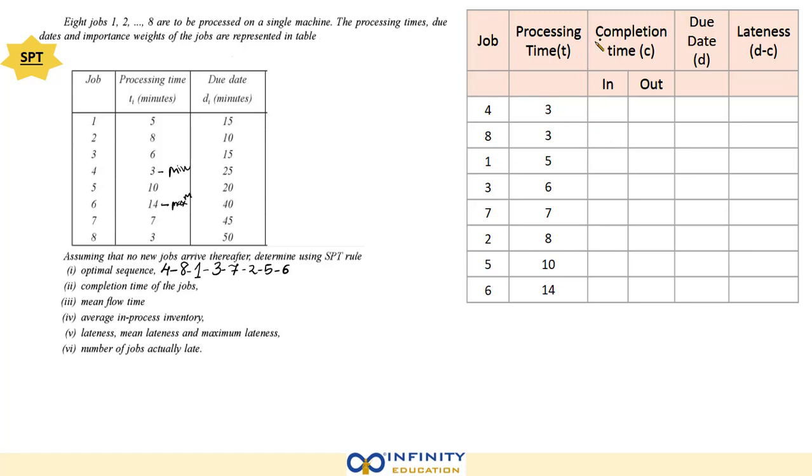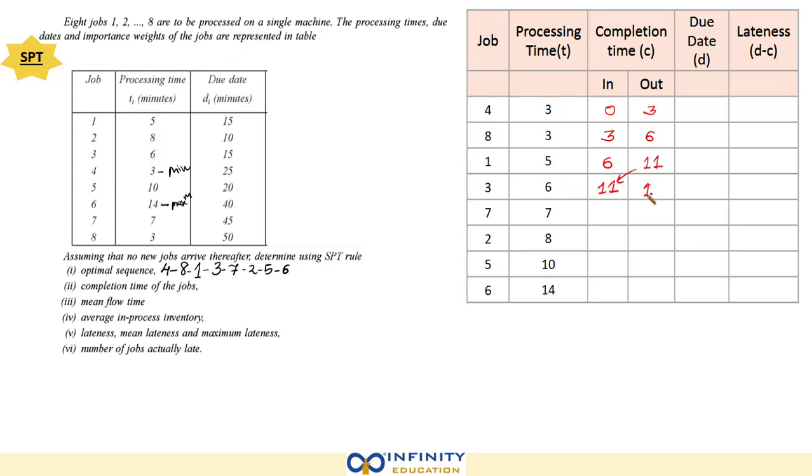Now the next step is calculation of the completion time. This is the in and out time. When the first job comes into the system, it comes in at the value of 0. Then 3 minutes of processing time will be there, so it will go out of the system at 3. Then the next job has to wait for its turn. So it will enter the machine at 3, and with its processing time the out time will be 6. Same, this will be 6. 6 plus 5, 11. This 11 will be here.